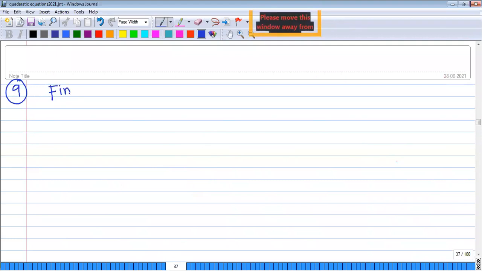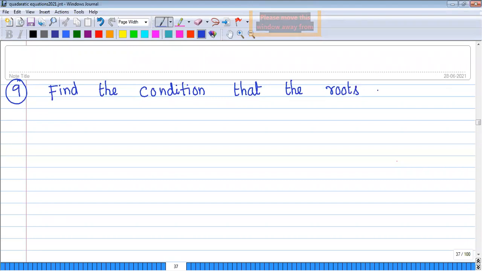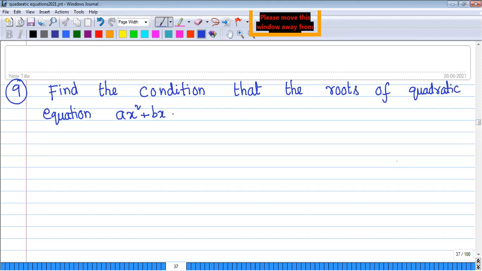Find the condition that the roots of the quadratic equation ax square plus bx plus c